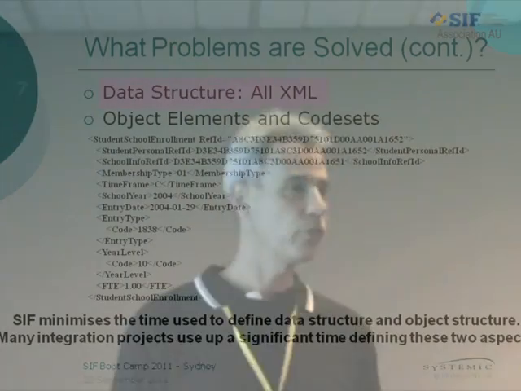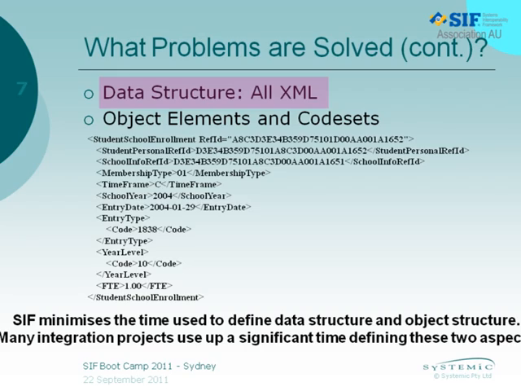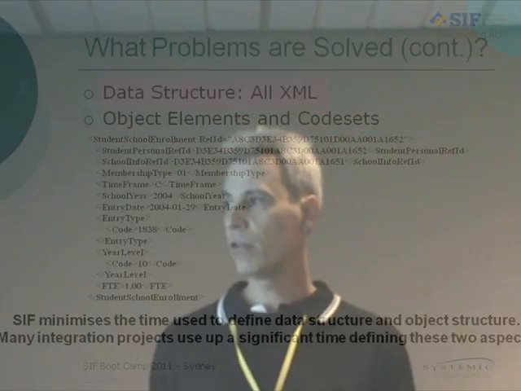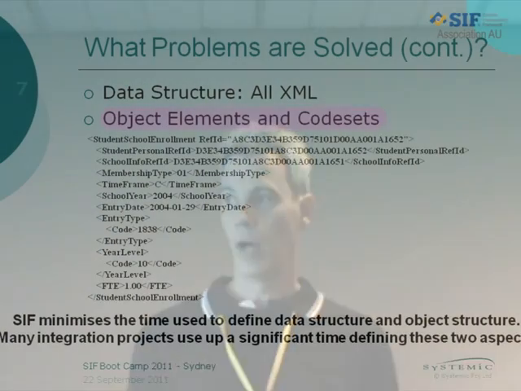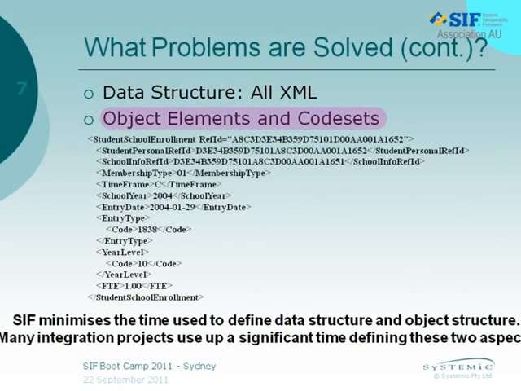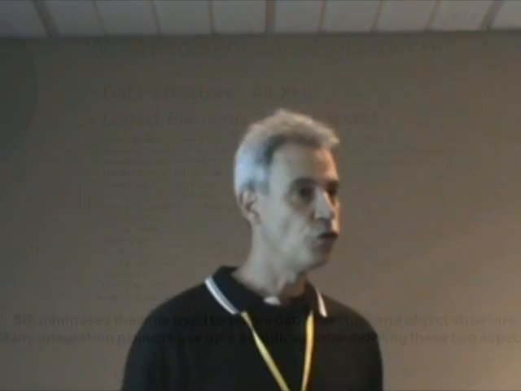The other problem it solves, which in a lot of slides I've seen before doesn't really come through, but that's what I found very important. It gives a definition of the objects you deal with. Their structure, their content. With content, I don't mean that bit of content, these numbers, I mean the name. The structure is XML, yes, but also it defines which elements, which attributes, code sets, all this is well defined. You know what you're going to deal with. You can look it up in a document. And it's not something you have to go and define yourself.